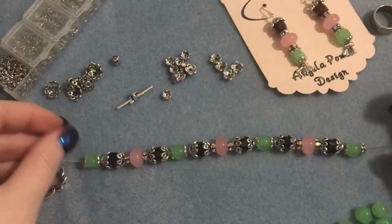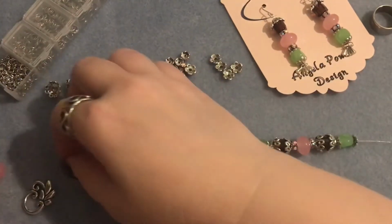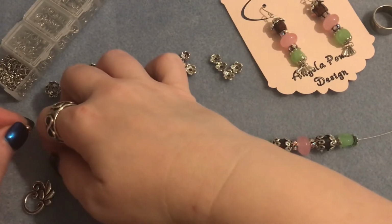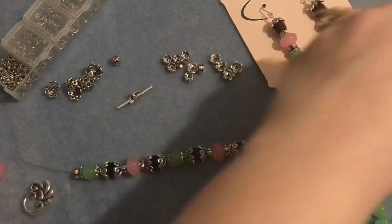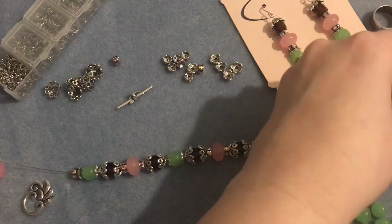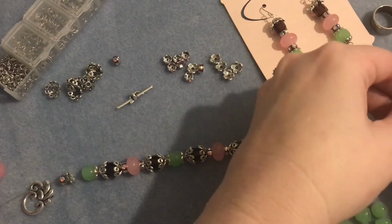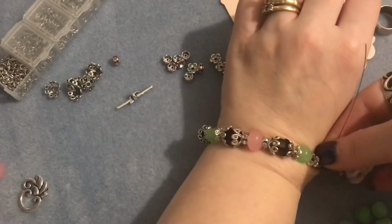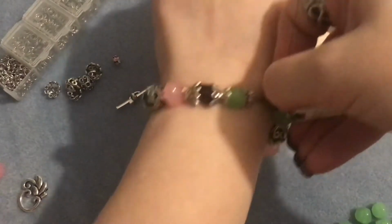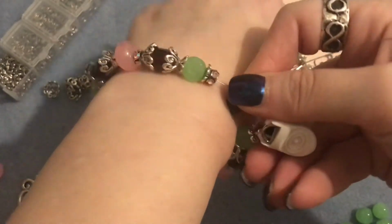Okay. In fact, I'm trying to decide if I want to put a little rondelle on each side. I may be sorry I did that. Maybe too much. Let's see. I think putting a little bit of a smaller bead on the end will help my toggle go through a little bit better. Okay, I'm going to put my bead buddy back on this end and try to hold it up to my wrist and see. Okay, yeah, I think I'm almost to where I'm touching, and then when I put my toggle,